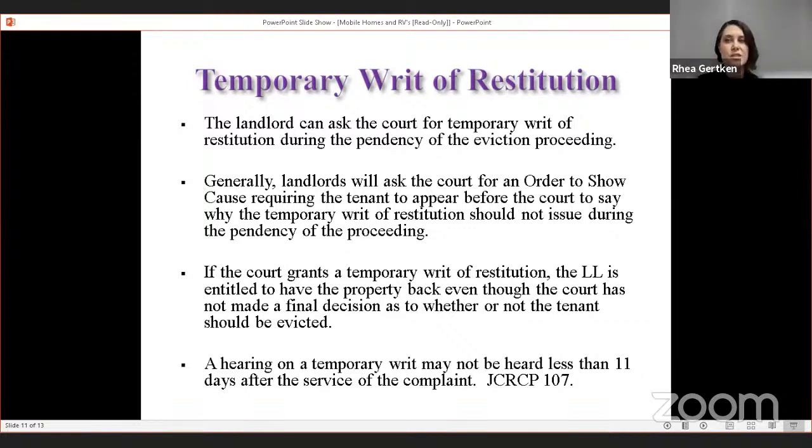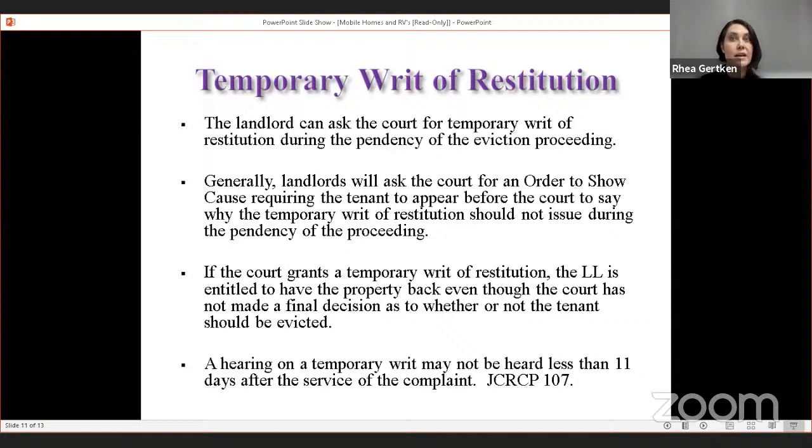And again, I can't stress enough how this process should be for extraordinary reasons. This should not happen for your generic, they didn't pay the rent, we just want them out, they gave a 45-day notice. I mean, we really should be talking about nuisance behavior, that you're damaging the home or the park. I don't think that's what happens, but I do think that that is the standard that as a tenant you